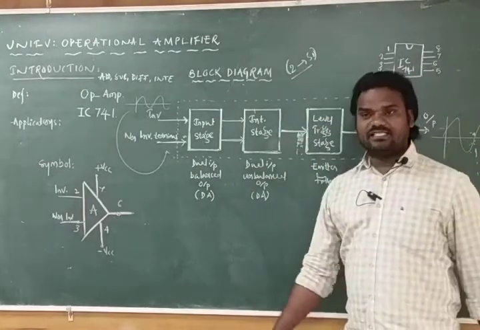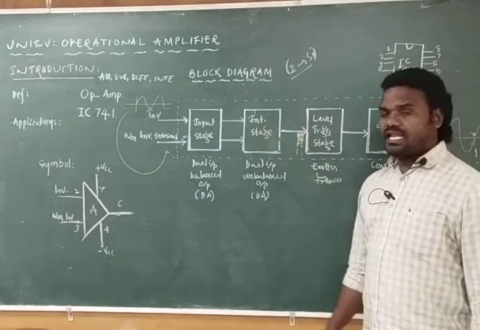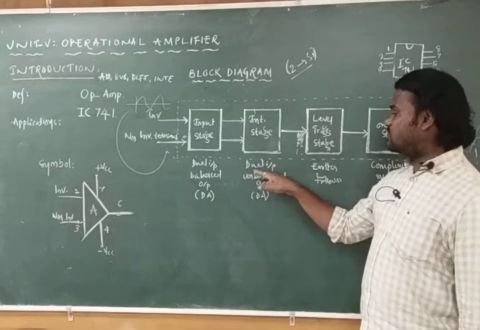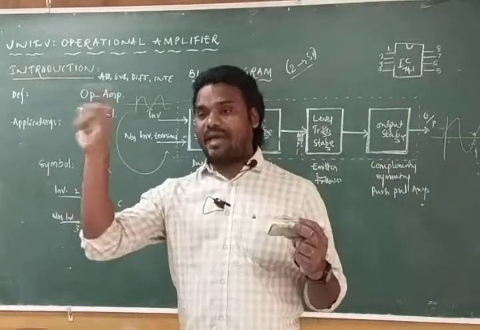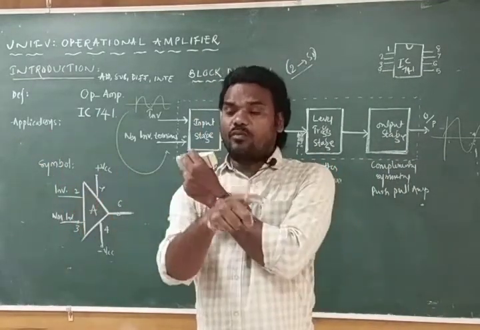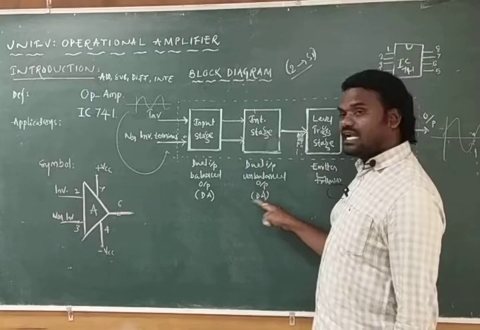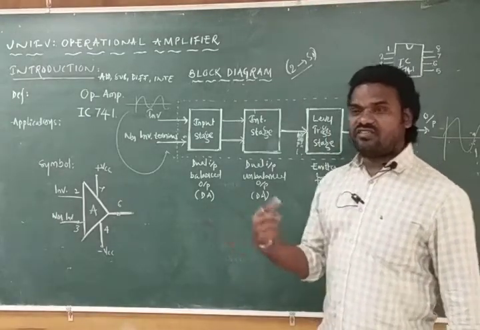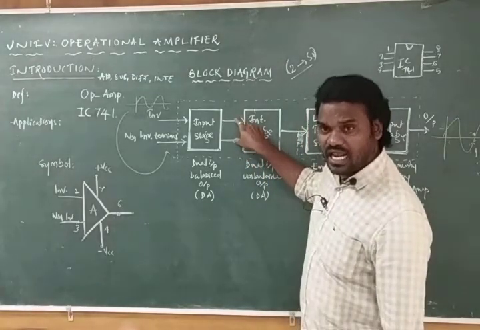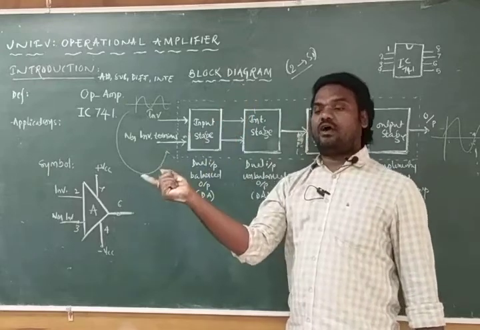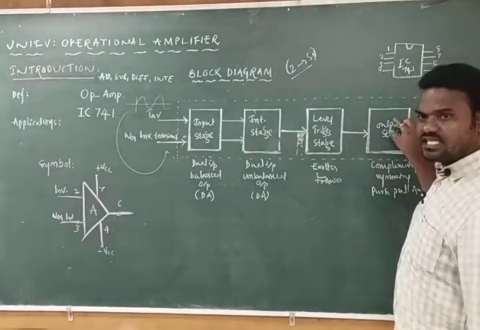And the next one is the intermediate stage. Now we require only one output, so we are going with the intermediate stage. That intermediate stage is designed with dual input and unbalanced output. If you are having two inputs and two outputs, that is called balanced. If you are having two inputs and one output, that is called unbalanced, so it is dual input, unbalanced output. It is a differential amplifier only again. What is the function of a differential amplifier? It is going to find the difference of the two input signals, and that difference signal will be amplified at the output side, and this will be providing one signal.